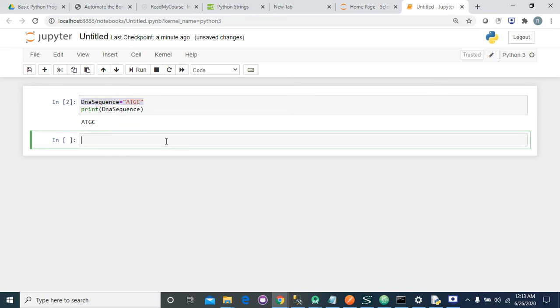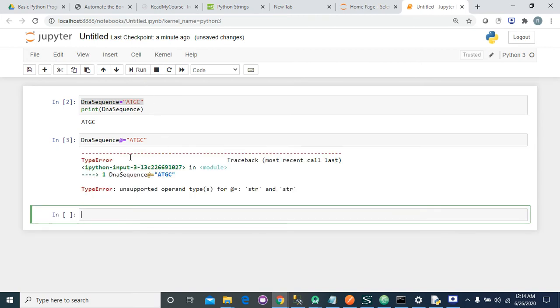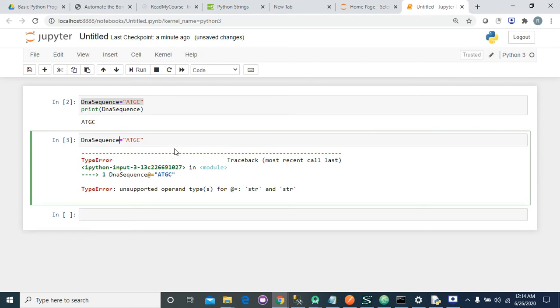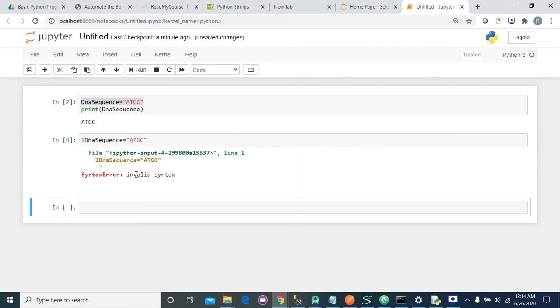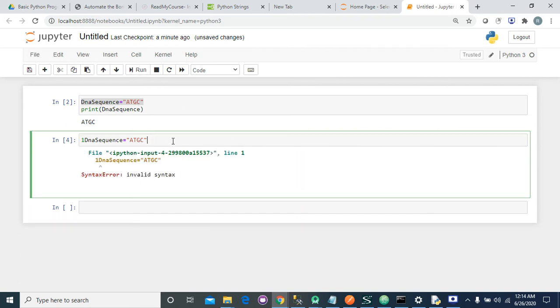Now, I will show some invalid variable declarations. If I use this, it will give an error. If I use this, because numbers are not allowed in the first character of a variable name, it will also give invalid syntax.